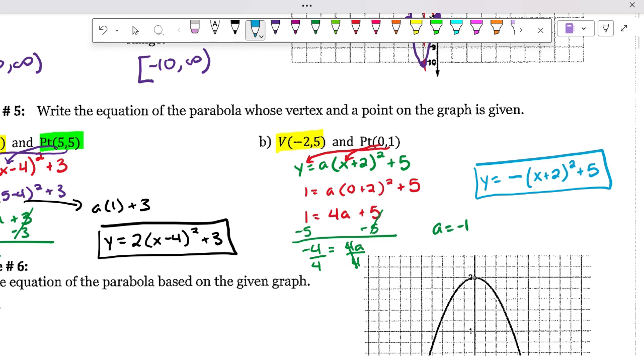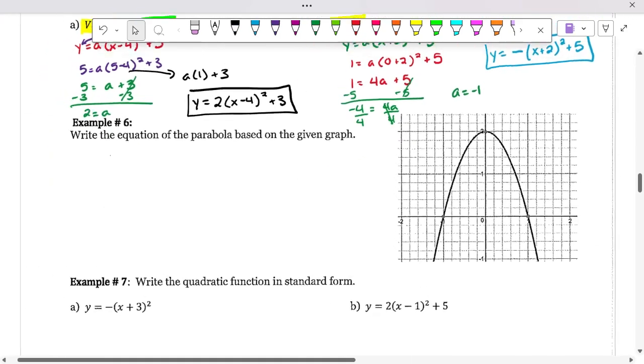So if you're ever given a problem where you have to put it into vertex form and they give you the vertex and a point, you need to find the a value using that point. So get the unfinished version of the vertex form first, plug the point in, solve for a, rewrite it with your a value. Any questions? All right. Now,